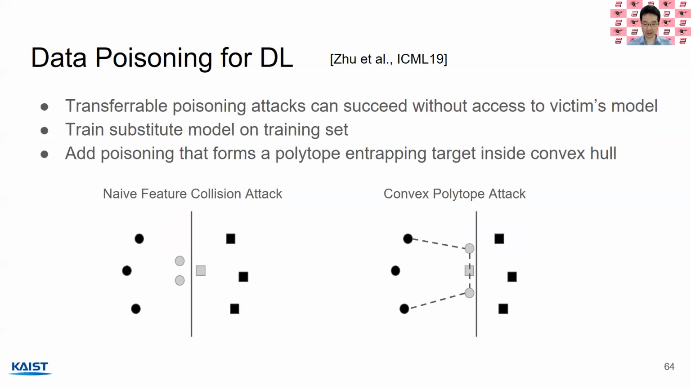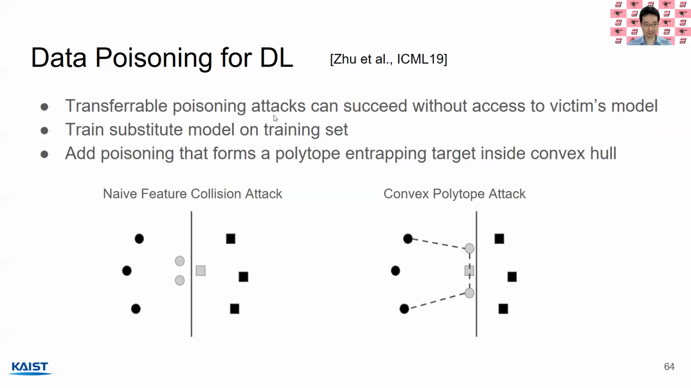So I just want to give an illustration of one of the state-of-the-art data poisoning techniques. Just to explain that, this is what we have to deal with. Data poisoning is a technique for deep learning. And one of the challenges in deep learning is it's very hard to know what kind of model is being used for training. And so the solution for poisoning is to use transferable poisoning attacks, which can still succeed without